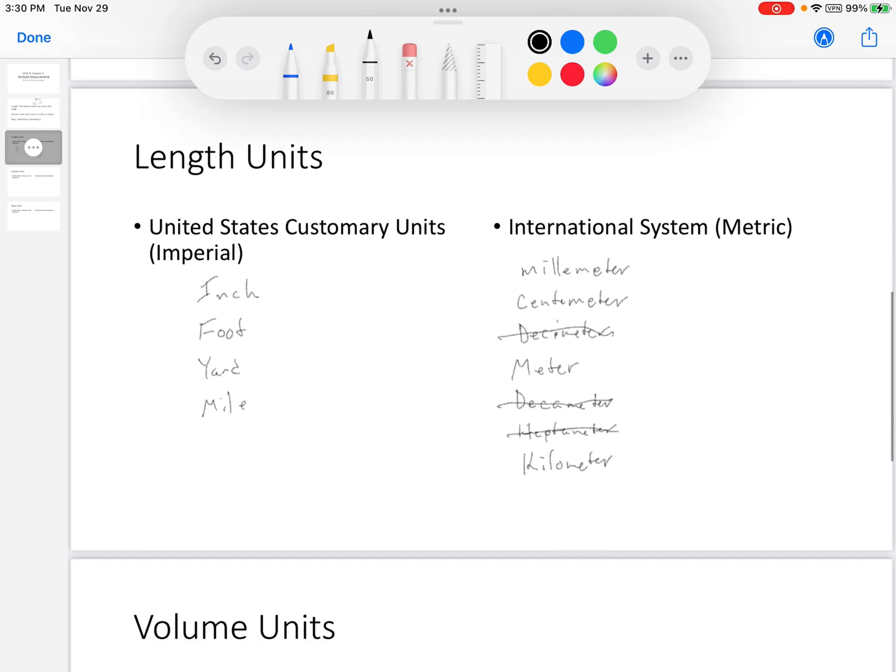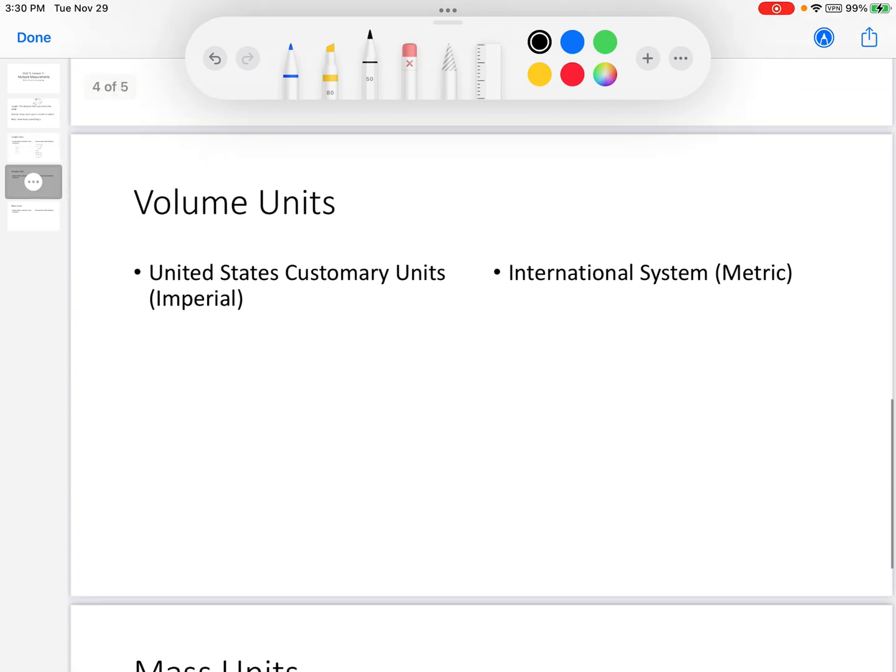So now we'll talk about the units for volume. In the United States Customary Units, the imperial system, the smallest measurement of volume is an ounce. And then the next one higher is a cup, and then a pint, and then a quart, and then a gallon. In the international system, in the metric system, the basic unit is a liter, and there are deciliters,